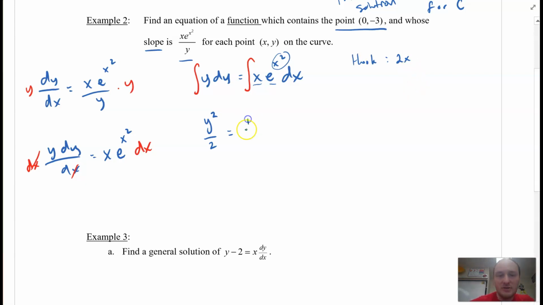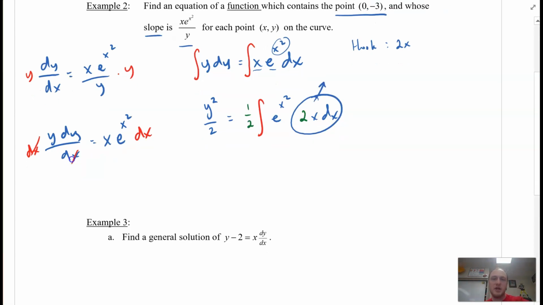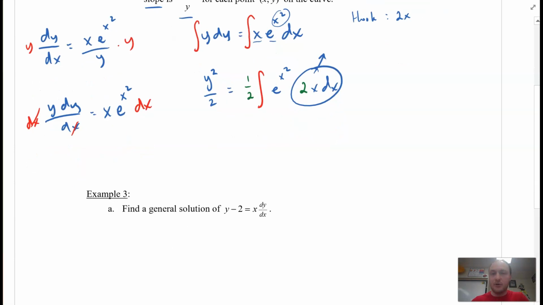I'm going to introduce 1/2 times the integral of e to the power of x squared. And I'll put the 2 that I'm introducing here along with this x back here with the dx. Right, so here's the hook factor, or our reverse chain. Okay, I introduced the 2, I balanced it with a 1/2, and we get y squared over 2 is equal to 1/2 e to the power of x squared